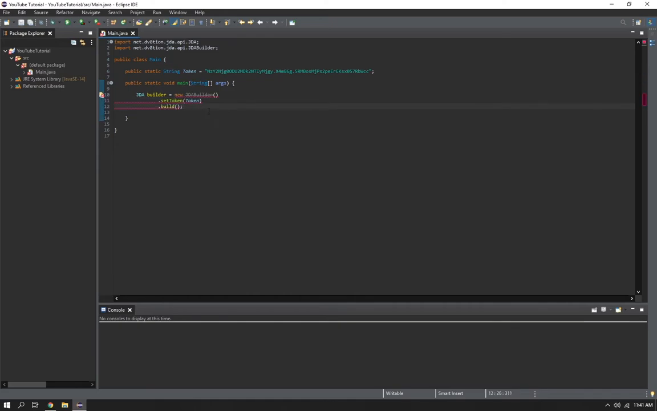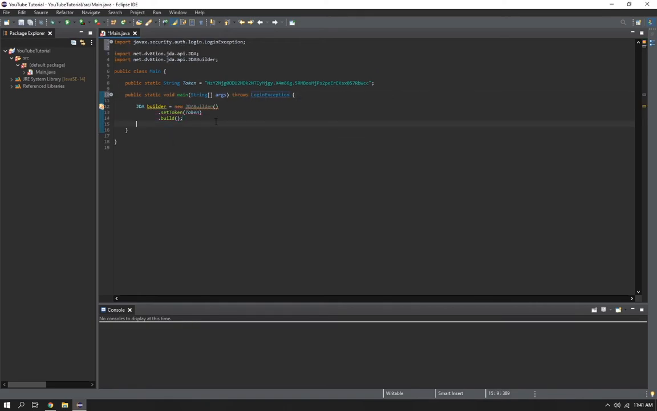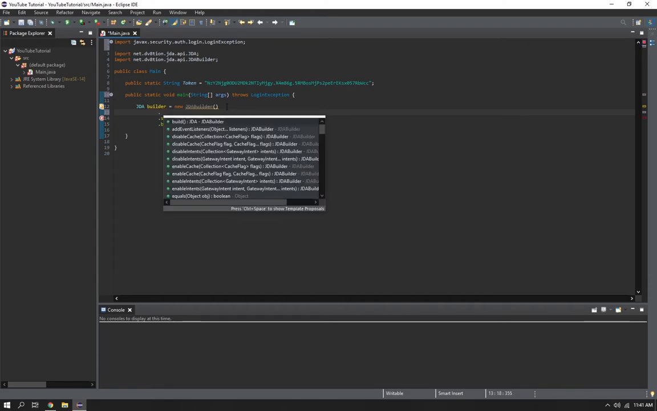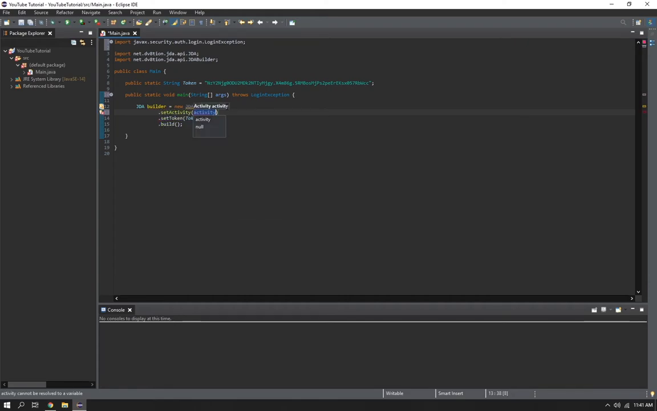And now you're going to get a bunch of red underlines on everything. You just want to hover over it and hit add throws declaration. And now that should be that. Now we're going to go to the top here. We're going to do dot set activity